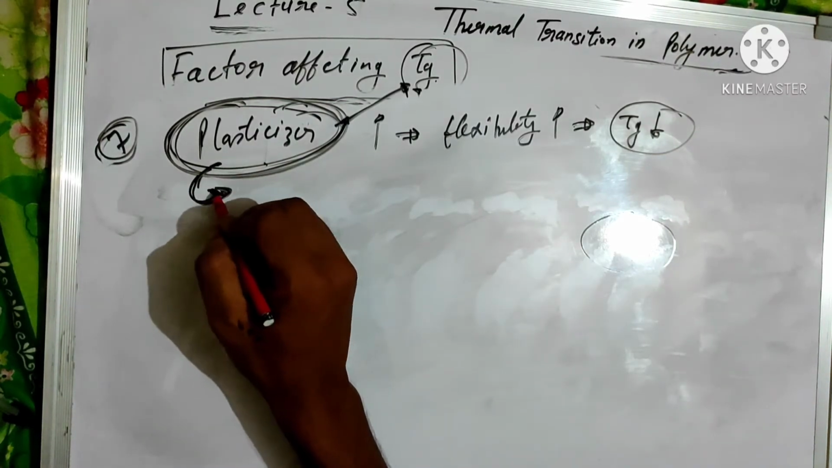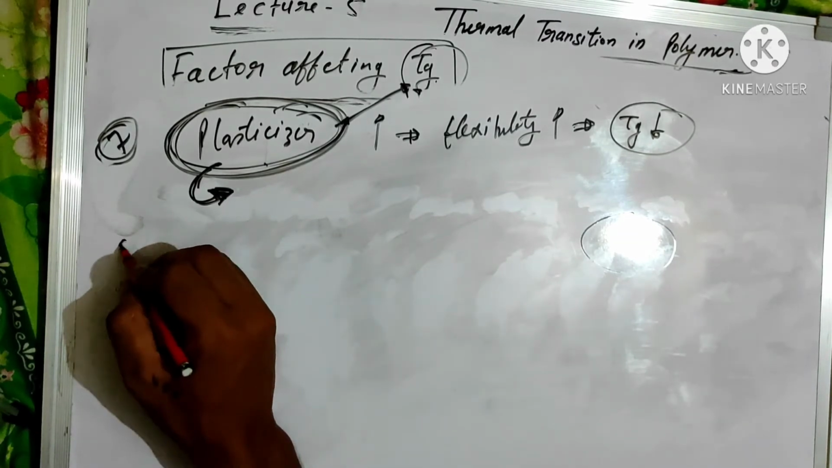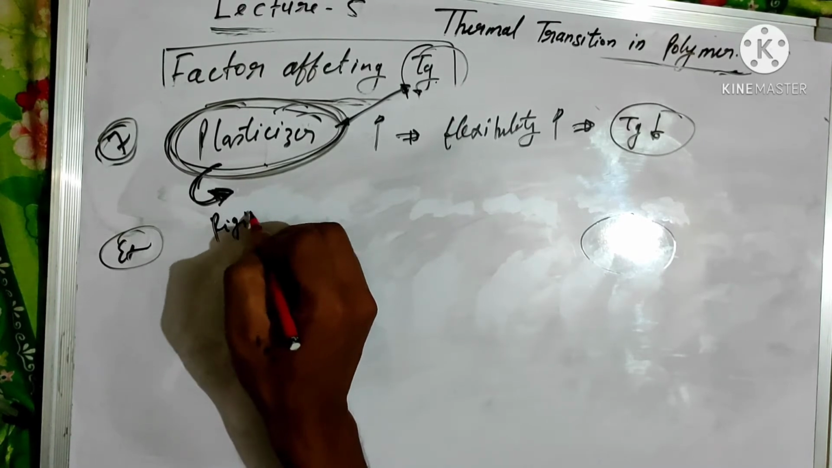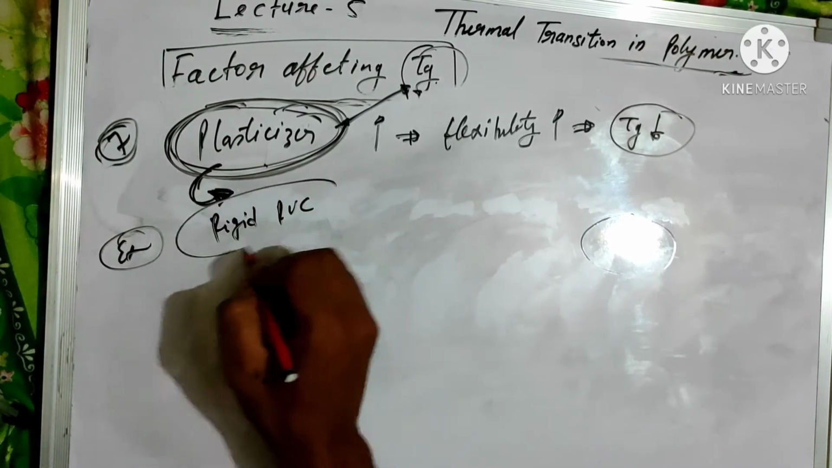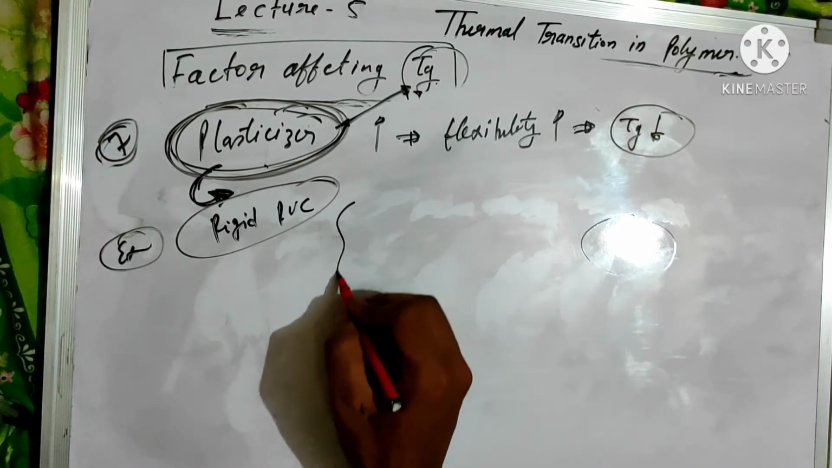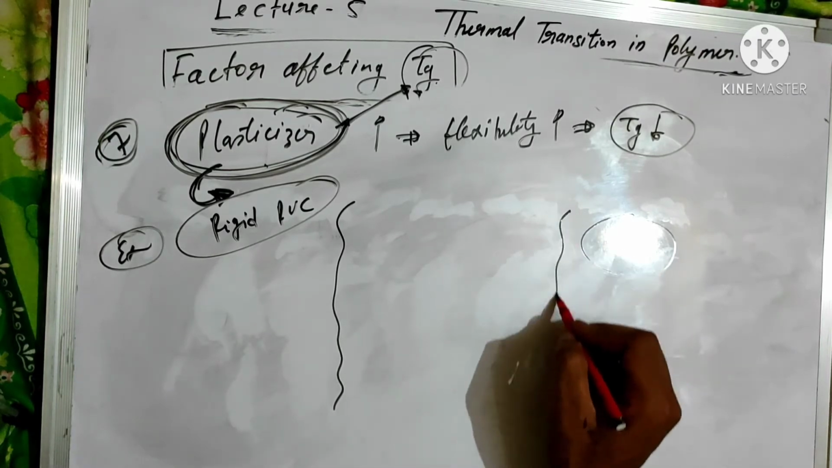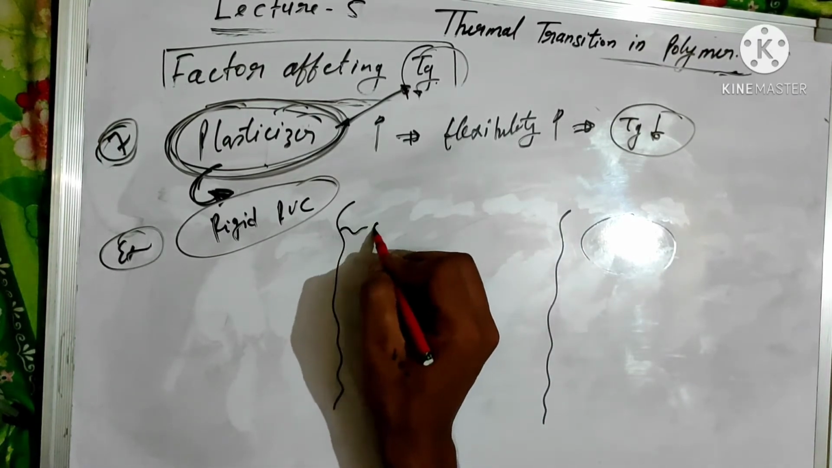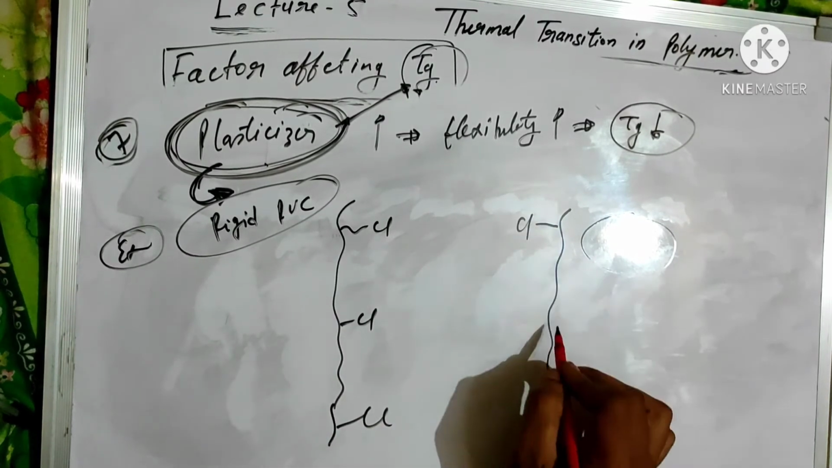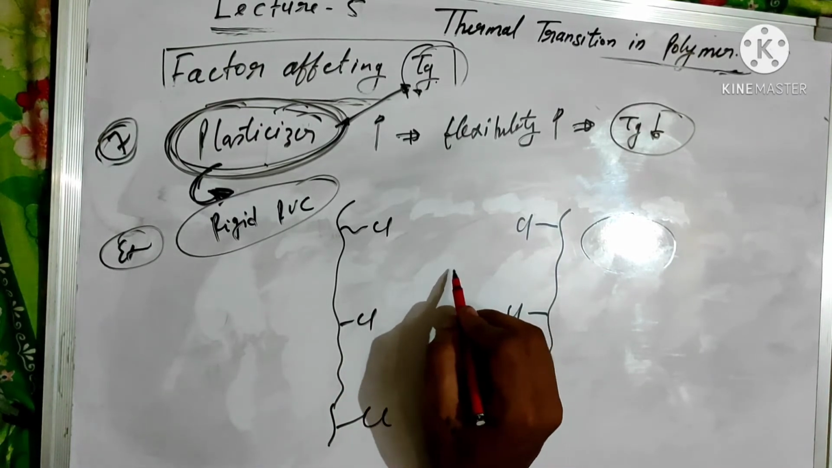By the help of the plasticizer, rigid polymer is changed to flexible polymer. To better understand, for example, let us take rigid PVC. When some plasticizer is added to this, let us see. This is the two polymeric chains of the PVC in which this is the chlorine atom, and introduce some